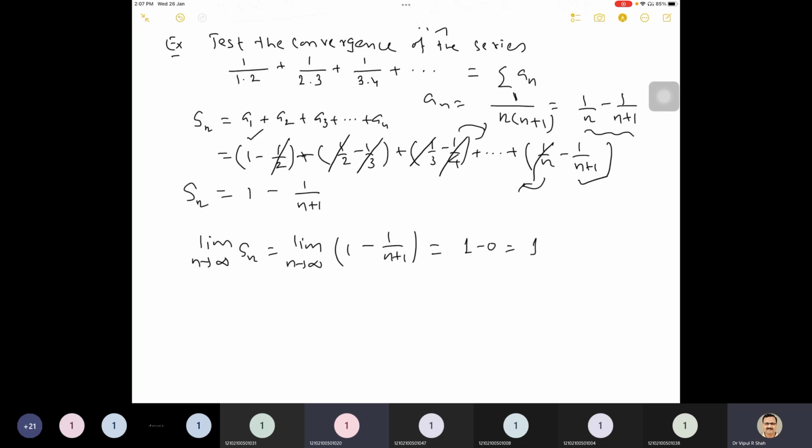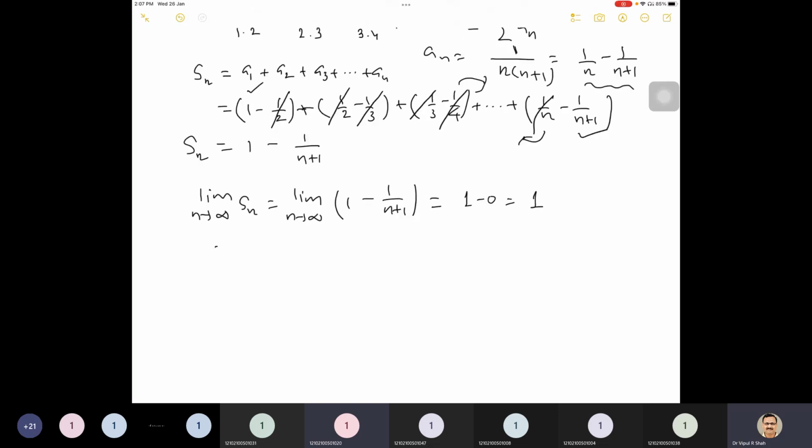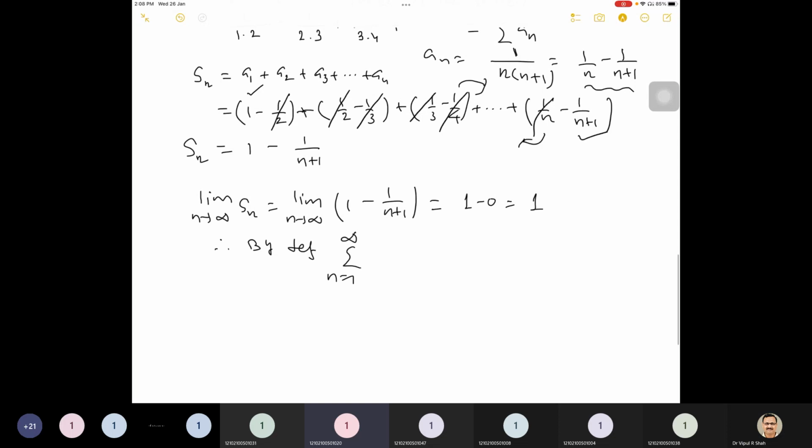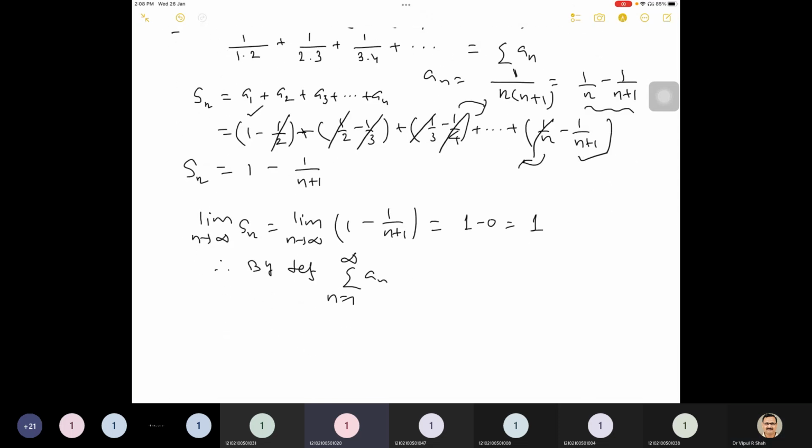So this limit is 1. If this limit is L, that means here L is 1. So what does it mean? The series from n equal to 1 to infinity of An equals 1, and